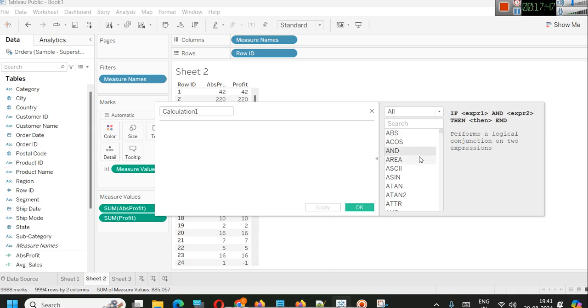Now there is this AND. So today we'll learn about this AND expression. AND is a logical operator. AND and OR are two logical operators, and these operators are used for selection of data, for comparison of data. So for example, let's say